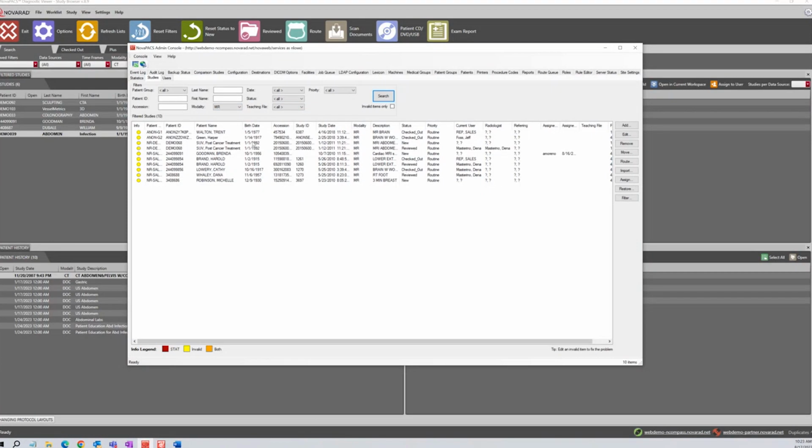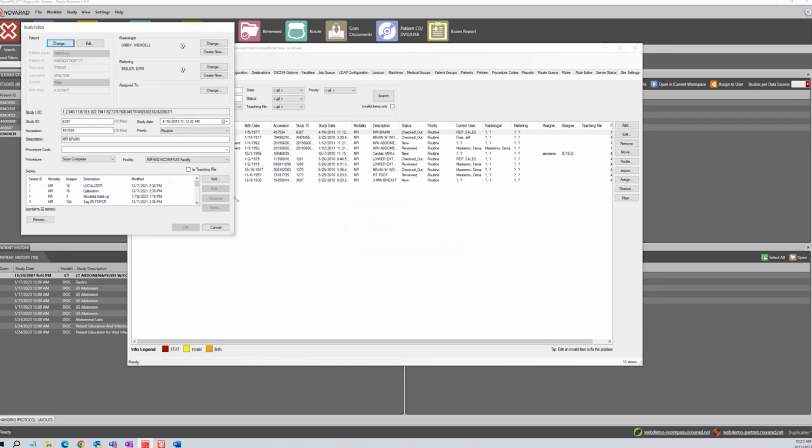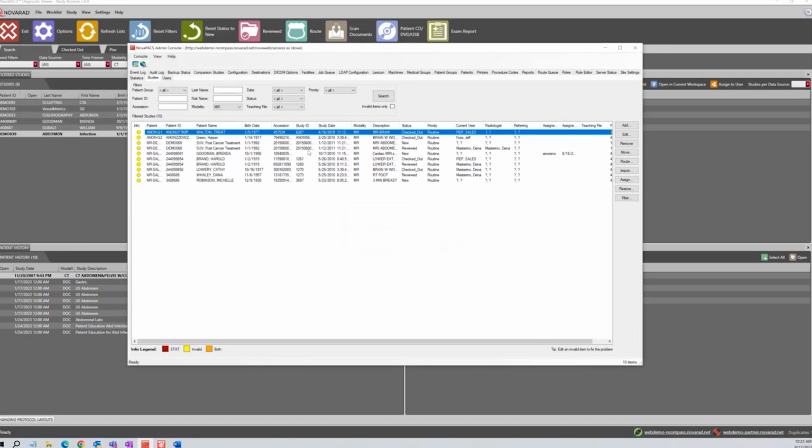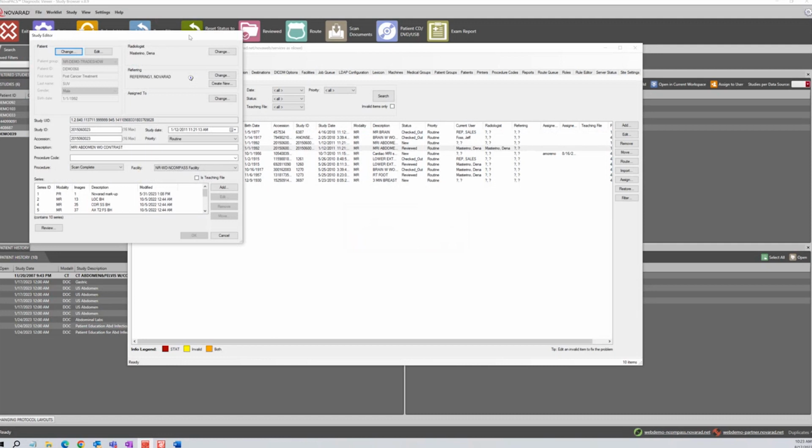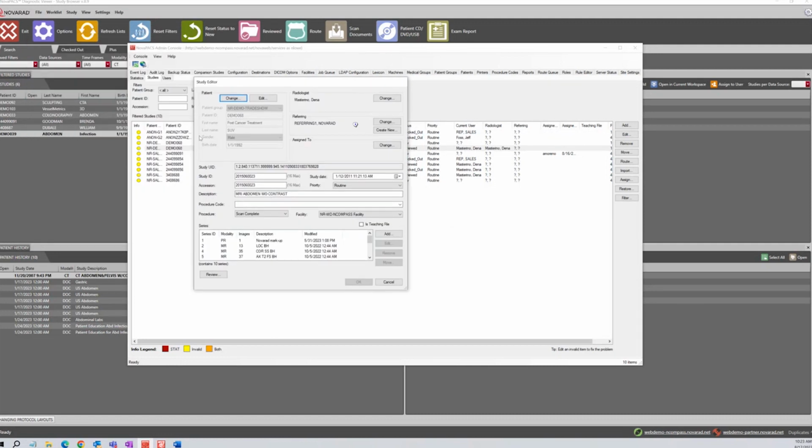All right, so in the studies tab, we open up a study. Well, it's checked out. I can't do anything. I cannot edit that one. All right, so we probably recognize this box right here. This is the patient box. If you notice, it's grayed out. If we need to edit anything in the patient box, instead of going back to the patients tab, we can just click the edit button and take care of that here.